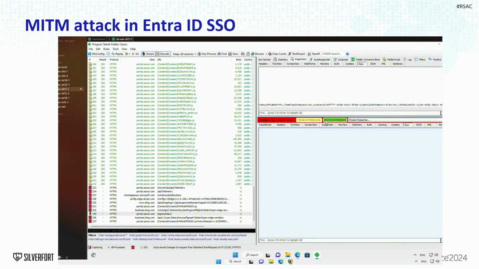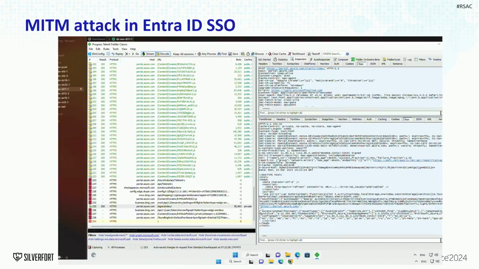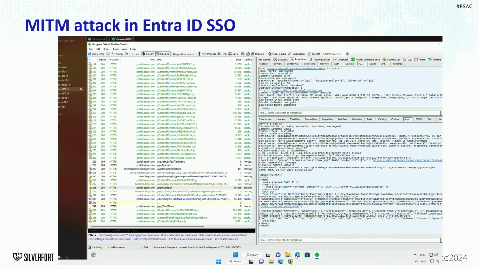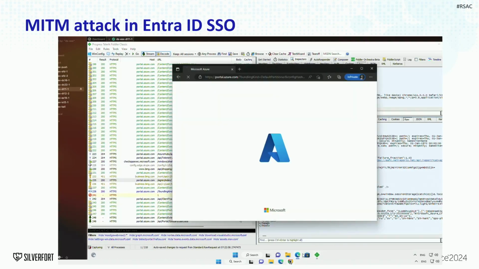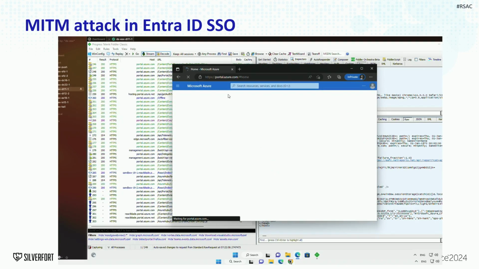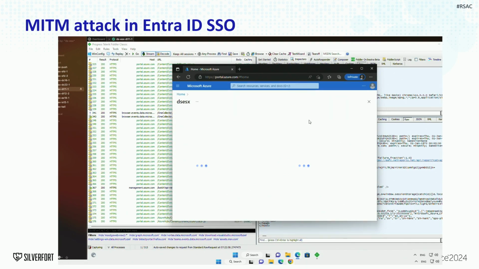After I modified the network packet itself, I may continue the impersonation, allow the traffic to continue, and I bypass the modern authentication methods. And we can see that I access the private data and resources in the Azure Management Portal.